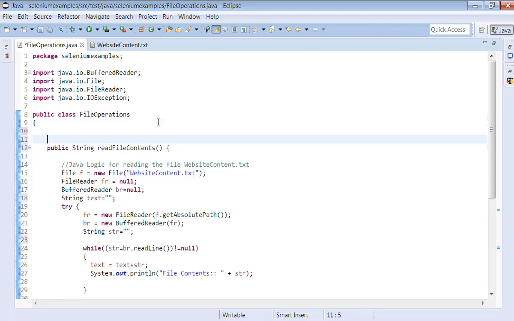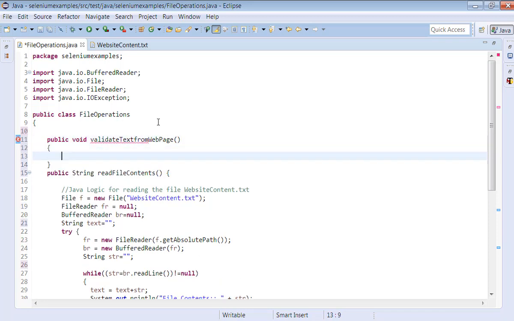Now the next thing, we have to write a Selenium script to read the content of the web page and compare this with the file content we read. So let's write the logic now, public void validate the text from file, text from web page.